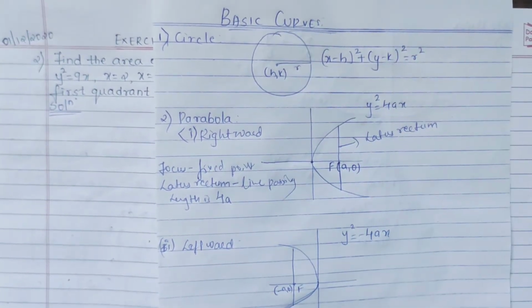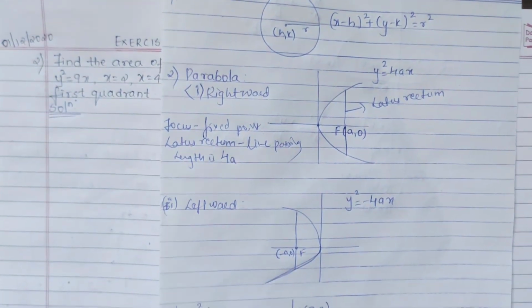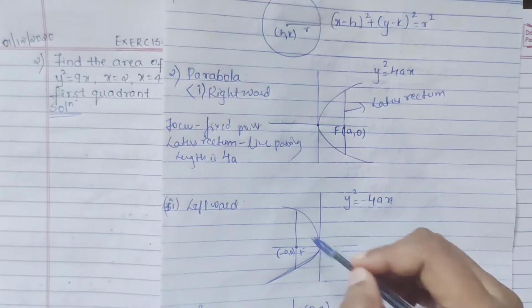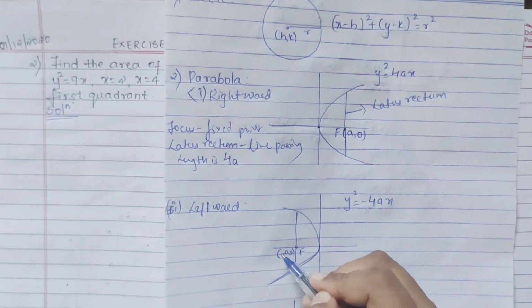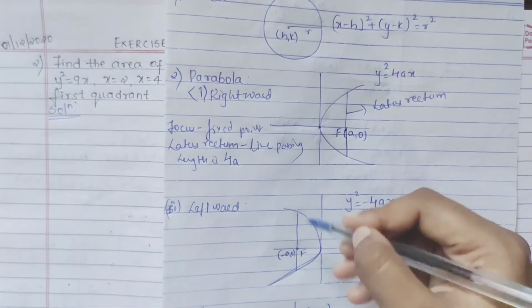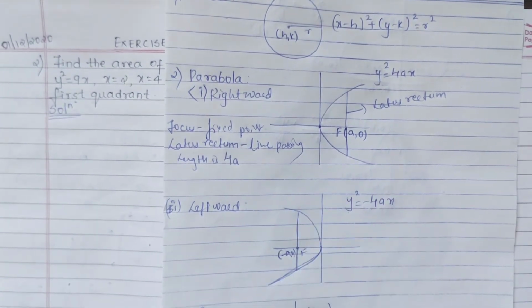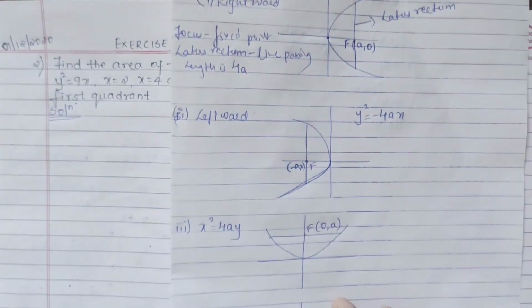This is your rightward, same comes your leftward. Your parabola equation, how it will be leftward, it is y square is equal to minus 4ax, right? So focus will be minus a comma 0. So its latus rectum also will be minus 4a. Okay, in the same way now comes your